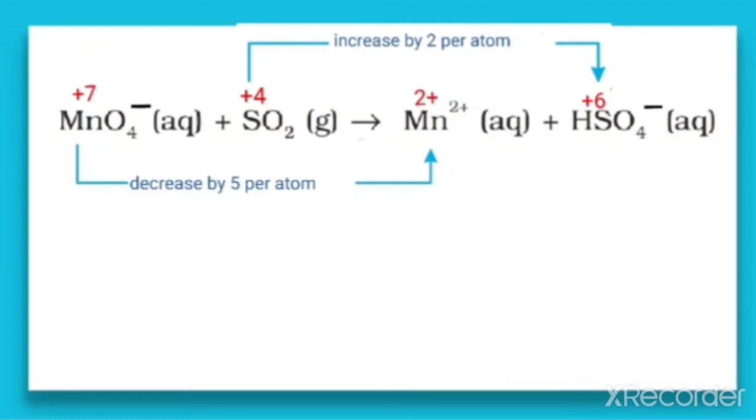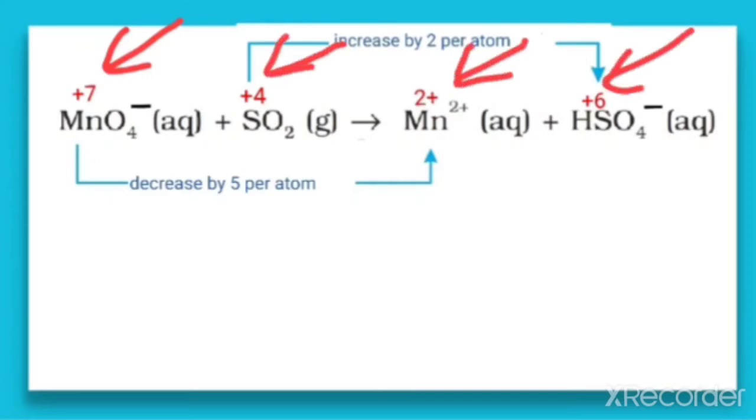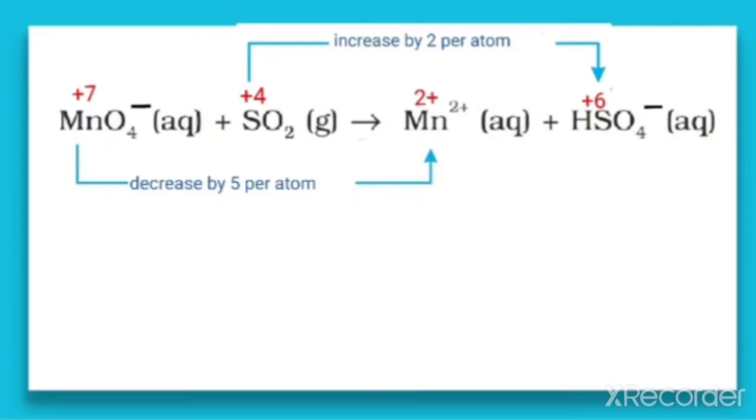So this is the third step. First step, what is the first step? You have to write the correct formula for each reactant and product, that is already given in the question. Next, you have to write down the oxidation number for each, that we have written here. Oxidation number for each we have to write. Better make use of different colors. Next, in the third step, you have to identify how much is the decrease and increase,